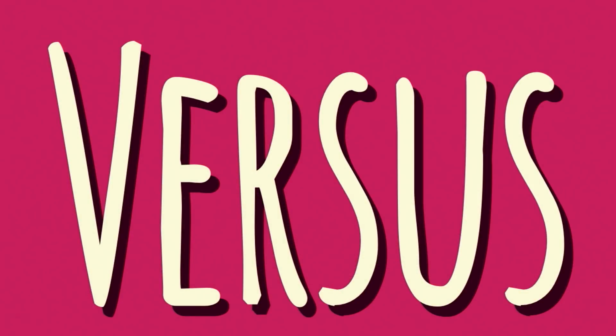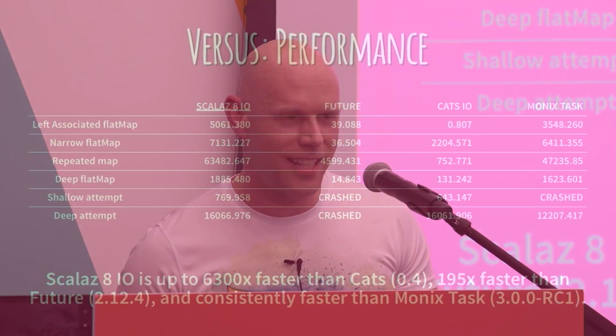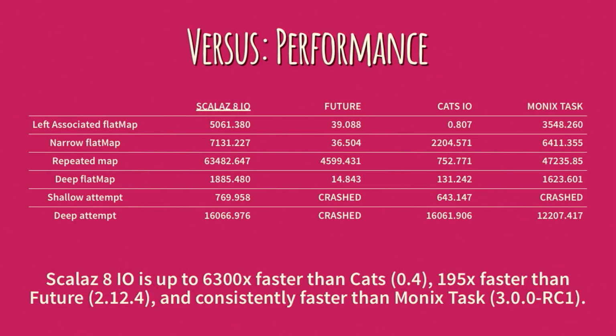All right, so real quick now, just 2 minutes, running through this. Performance, so what does this look like? Well, Scalaz 8 IO is very fast. In fact, as far as I know, it's the fastest purely functional effect monad out there by far. In some cases, it's more than 6,300 times faster than competitors. And this is just the result of optimization, looking at bytecode and minimizing heap allocations and so forth. It's nothing revolutionary, and you can see the code here in a few minutes.